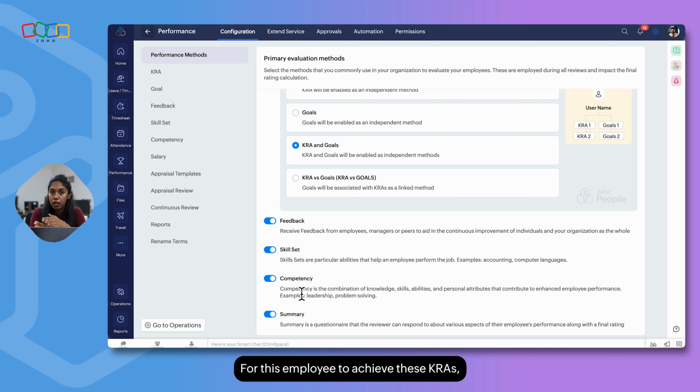For this employee to achieve these KRAs, they need to have better communication skills and work along with the team. Without these competencies, they will not be able to perform well in the responsibilities assigned to them. And this is how competencies are framed for employees in your organization.